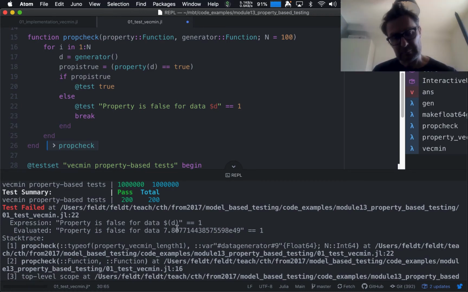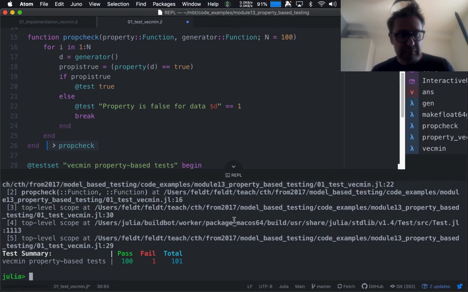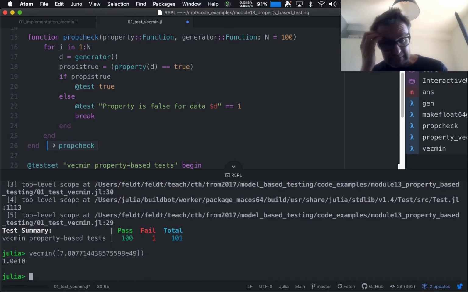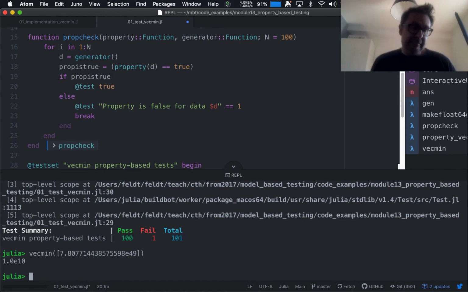Okay, so this is a pretty large number here. So vecmin doesn't seem to work for this number. Okay, we can just test this then. What did we have? We had the original property was to put that in there. So let's see, what do we get back? Okay, so it finds this thing here,